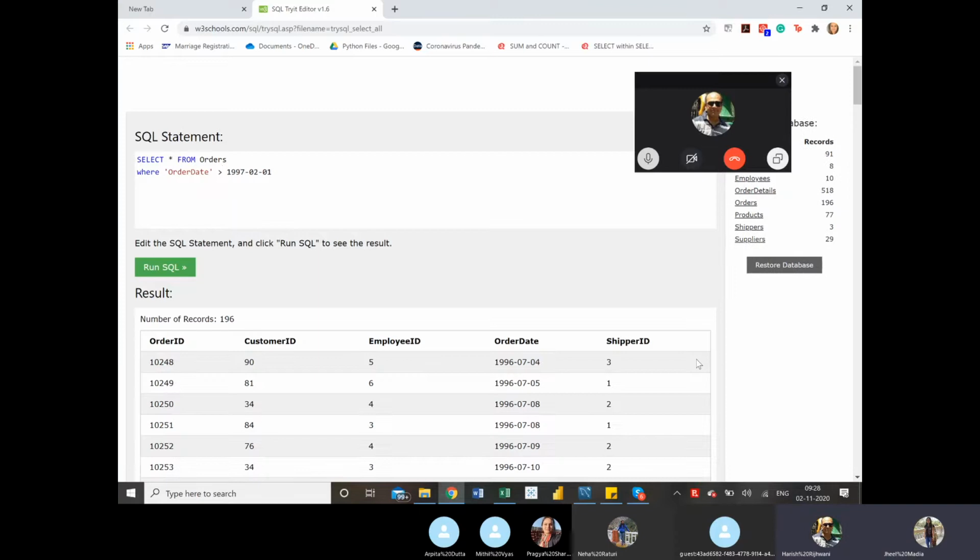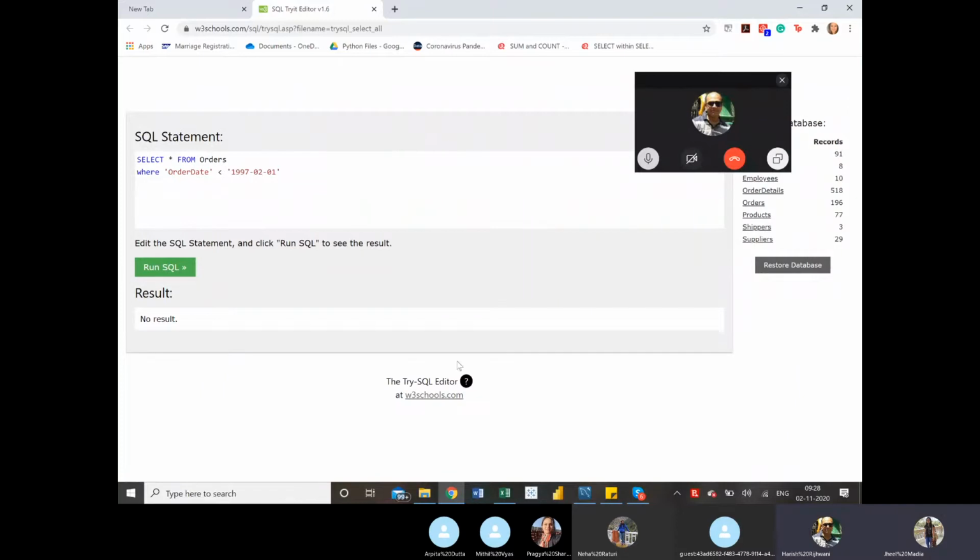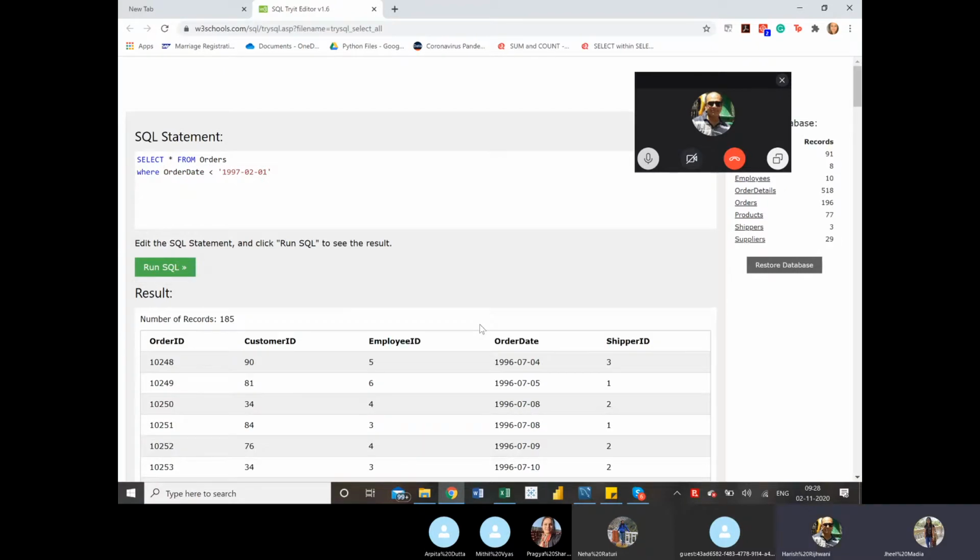You're not getting the right answer, no? You're getting 1996 data also. Oh, yeah. So this also has to be in codes. The order date cannot be in codes. Why is your order date in codes? See, if there is a space, then you have to add those quotes.